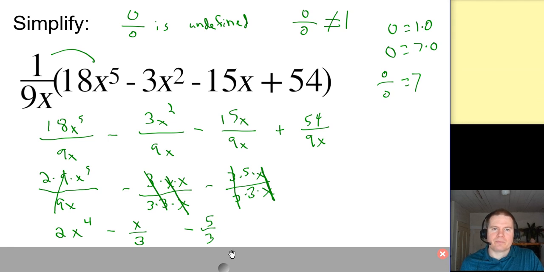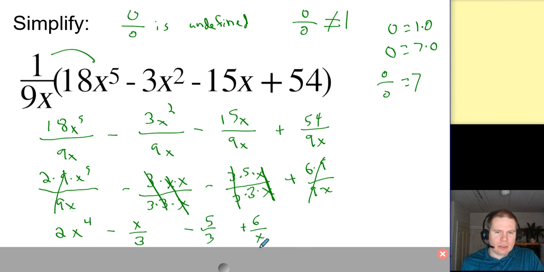Here. Right? And then my last term, 54 is 6 times 9. The 9's cancel. I'm left with 6 over x. Now this is not a polynomial. Right? Even if I wrote this as 1/3 x and 5/3, you could have a fraction for your constant term. That's no big deal. 4th degree, 1st degree, 1/3 x, 0th degree constant term,